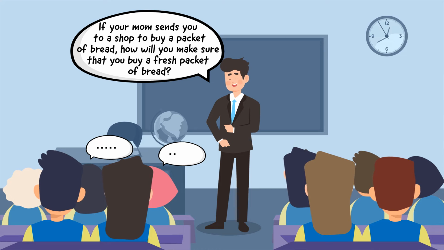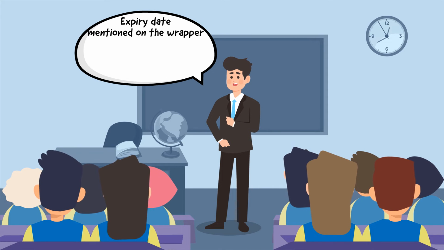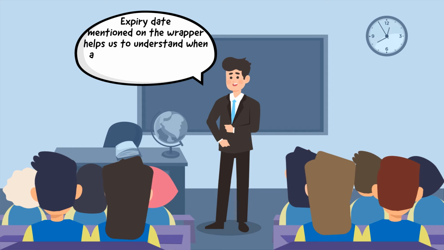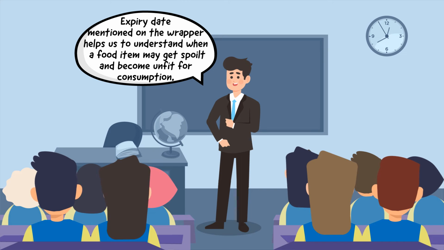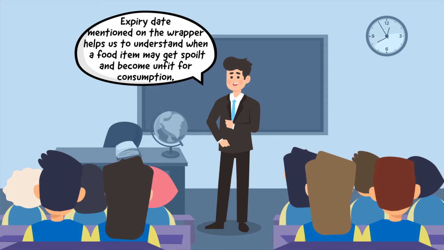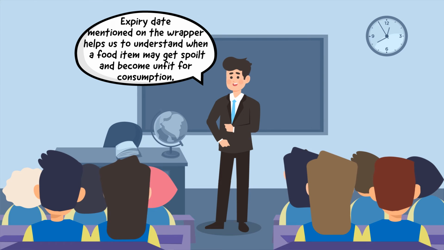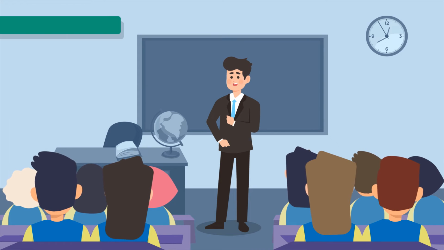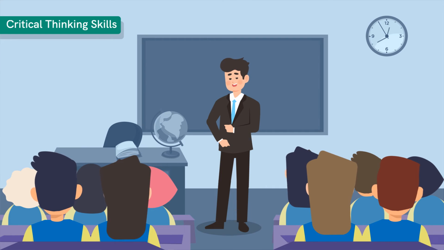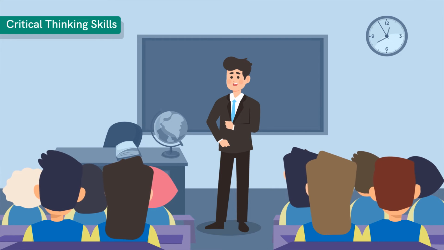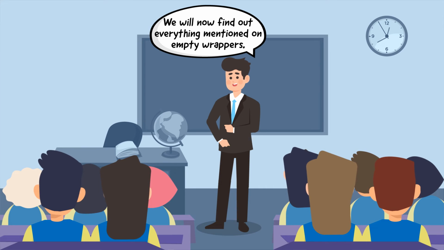Once the students have responded, inform them that the expiry date mentioned on the wrapper helps us to understand when a food item may get spoiled and become unfit for consumption. As students learn to identify spoiled and fresh food items, it will aid in improving their critical thinking skills. Conclude the discussion by informing the students that we will now find out everything mentioned on empty wrappers through a